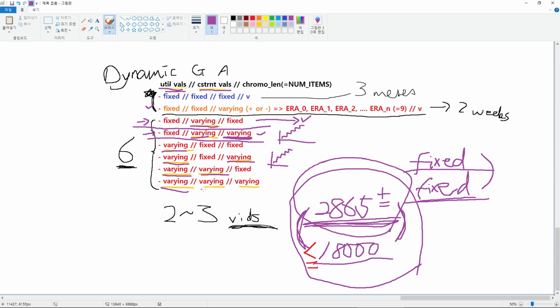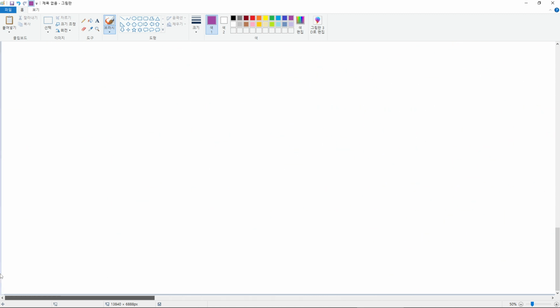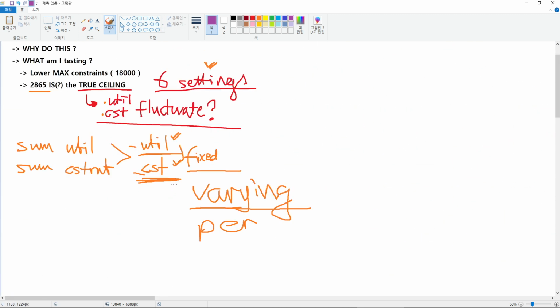And for the last one, varying, that's still okay because I would still be getting this, and I would have these two sets of values fixed, not varying, in order to assess the impact of this setting. Because what do I want to know? I would like to know if dynamic,